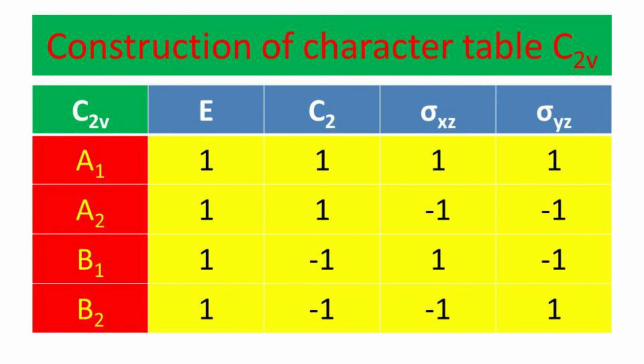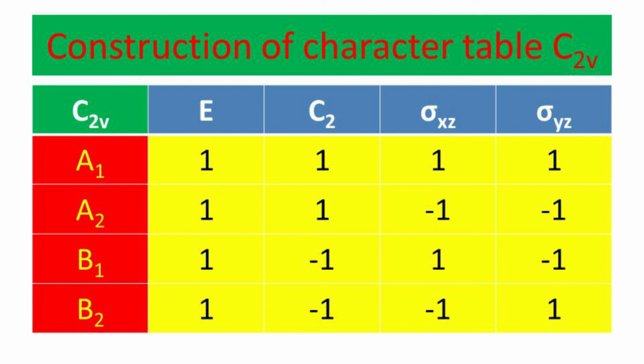It's our character table. But what is important? We should label those irreducible representations, gamma 1, gamma 2, gamma 3, gamma 4, by means of Mulliken's notations. In the first irreducible representation, the dimension is 1, therefore A or B. For the principal axis C2 it is symmetric, therefore A. It is symmetric for the molecular plane sigma xz, therefore A1. Second representation, dimension 1, so A or B. Symmetric for the principal axis, therefore A. Antisymmetric for the molecular plane, therefore A2.